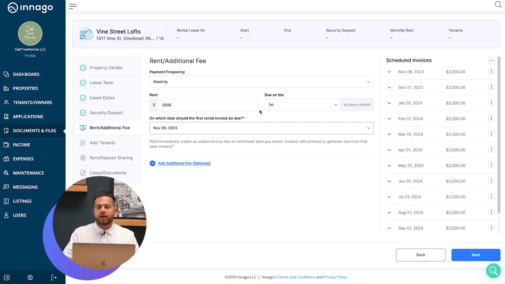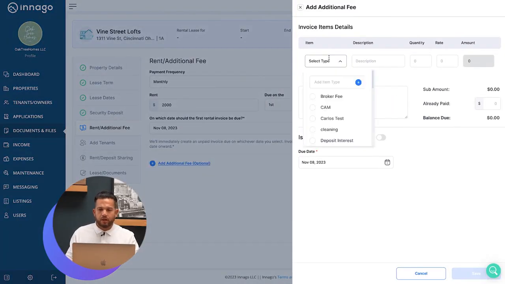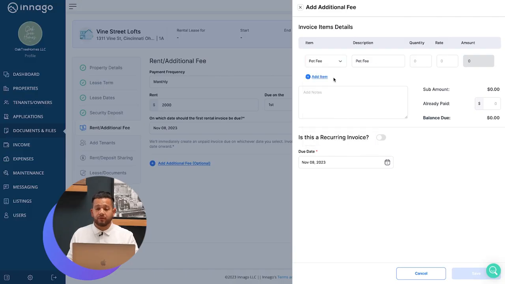All right, and then we will add an additional fee. So what is that, right? We can add a pet fee, a parking fee, things like that. So we're going to add an additional fee here, and we're going to drop down and select one that's already been created, pet fee. But if one of the fees that you want to charge for isn't here, you'll just type it in and hit this plus button. So we'll say one, we'll charge $50. And we'll say for small dog,